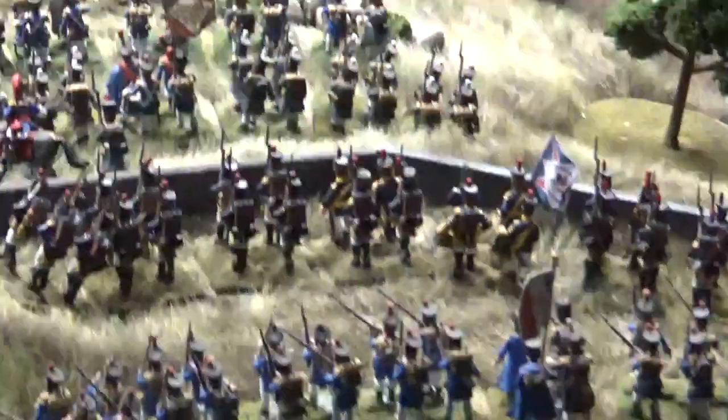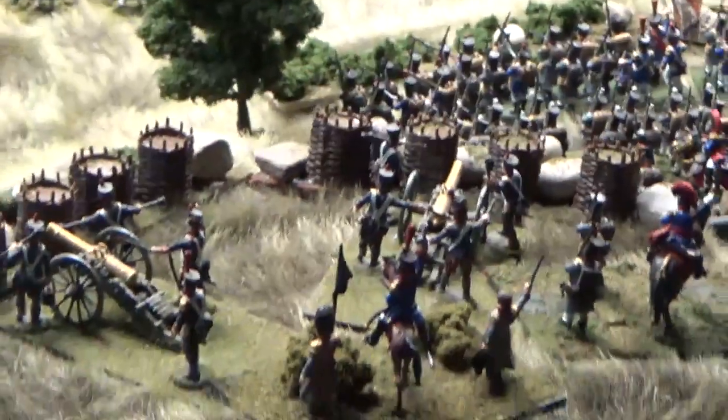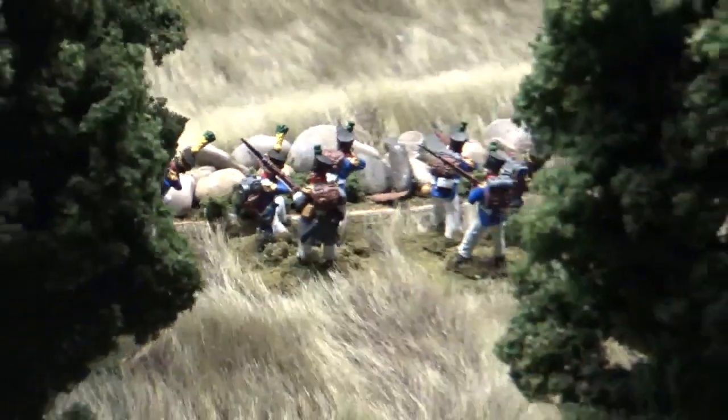He's got the 1st Brigade going down the hill, and the 2nd Brigade's on this side of the hill, and then you've got the 3rd Brigade, which is the artillery, the cavalry, and then hiding in the bushes and behind the rocks is the Voltigeur battalion. So we'll go back and just break those guys down, for those of you keeping track at home. 1st Brigade